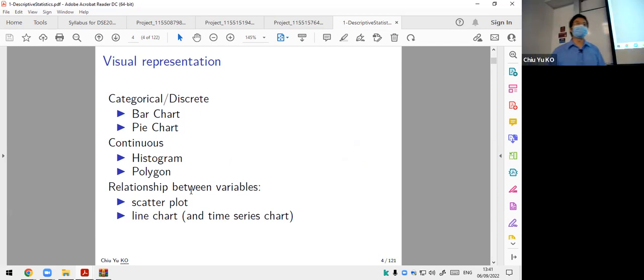Of course, I will not explicitly ask you in the exam how to plot a bar chart or pie chart, but you should know it. And you should be able to represent those data by yourself or in your project. So that is something I want to say. I assume you know, but we're not going to test on something by assumption.